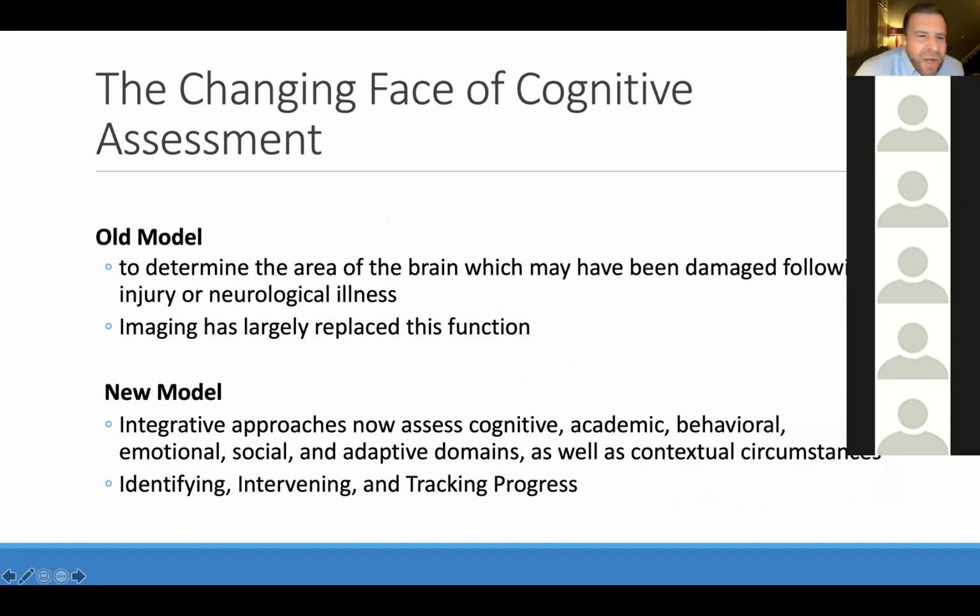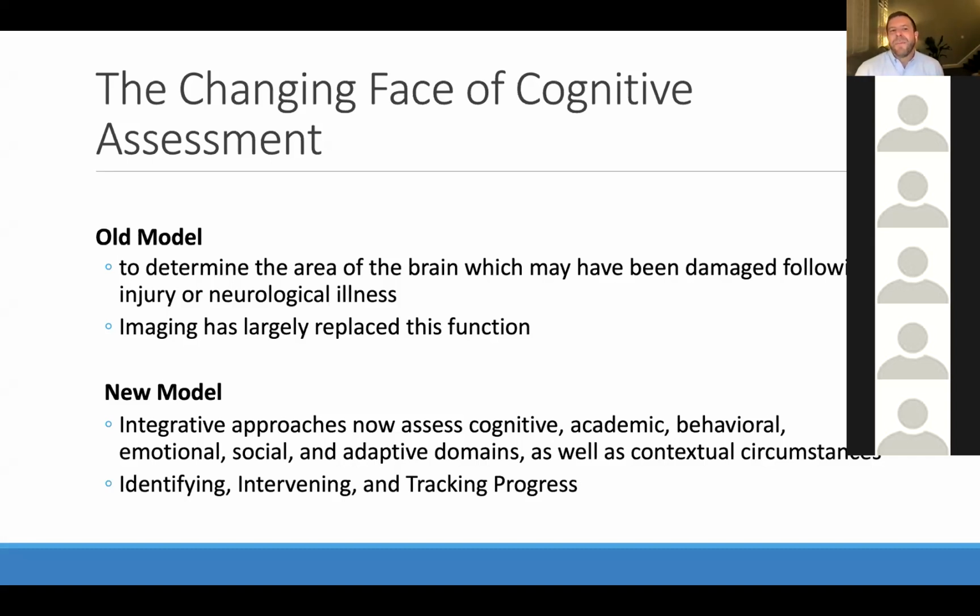So I also first want to talk a little bit about the history of neuropsychological assessment, because it's going to help us understand why, when we have neuropsychological evaluations, and many of you may have seen them either across your desk as providers or as parents, there's quite a bit of variability in the approaches used. One of the reasons for that is that the old model of neuropsychological assessment, where it originally came about, was really looking at folks that had had some sort of injury in the brain,